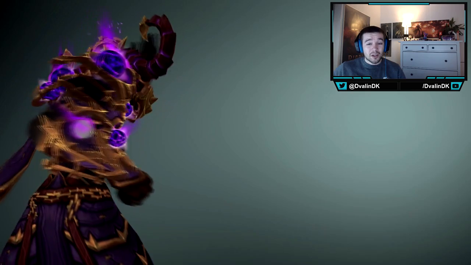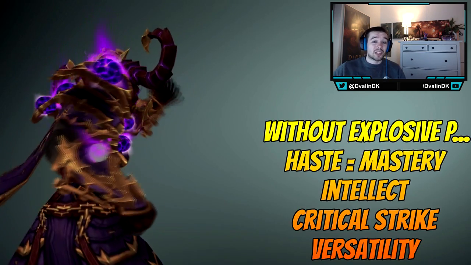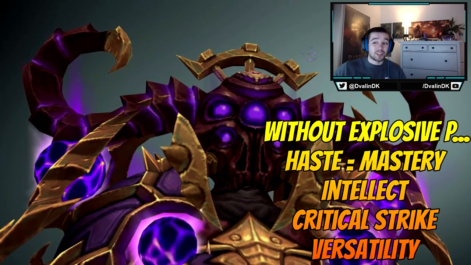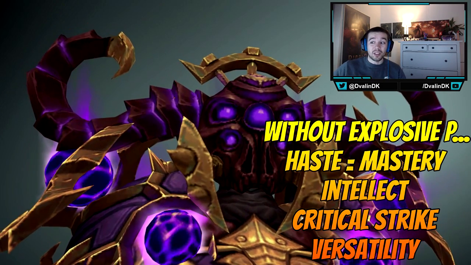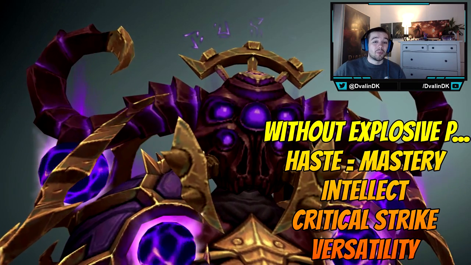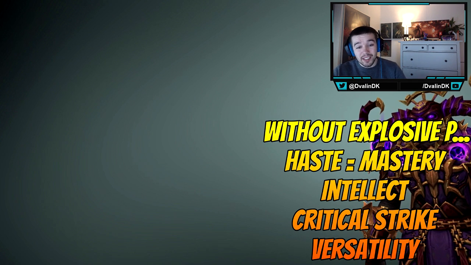Let's start without the Azerite trait called Explosive Potential, because you're going to have two different focuses. Without Explosive Potential, you're going to focus on haste and mastery. Let me just read that trait up: when your Implosion consumes 3 or more imps, you gain 224 haste for 15 seconds. Of course it scales depending on item level. But without having this Azerite trait, you don't get this haste bonus, and the stats you're going to focus on getting are basically